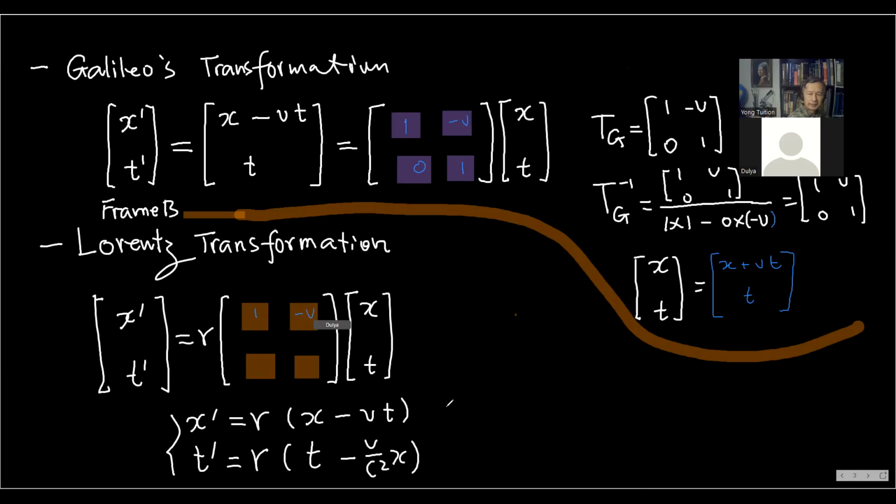One is negative v. Oh, you are quick. I made some trouble for you by changing the order, but you solved that. Yes, that's right. Today you have learned a lot actually. So from this formula, we know the Lorentz transformation matrix, L for Lorentz, is equal to gamma, 1, 1, with negative v over c squared.